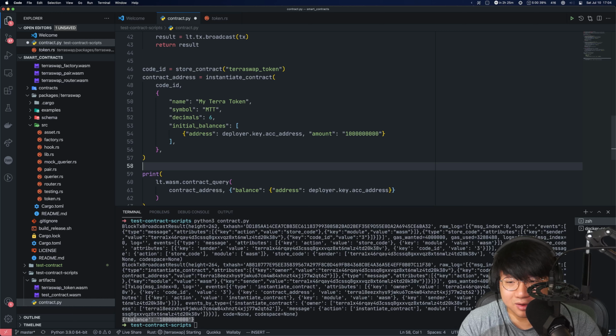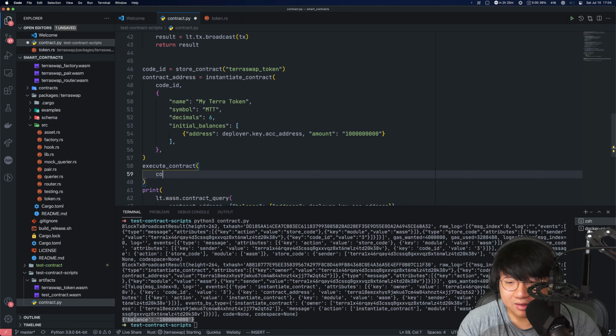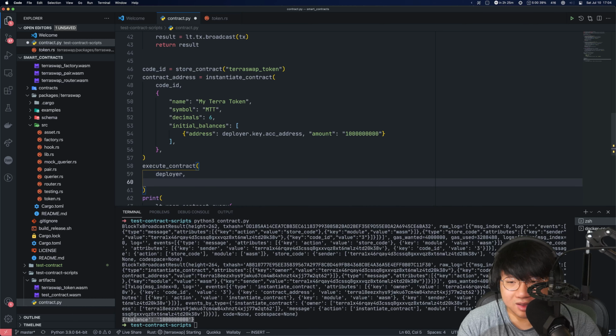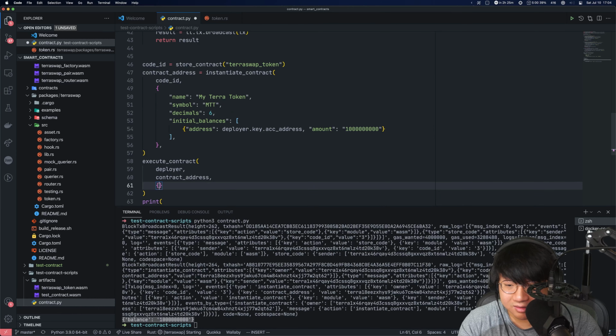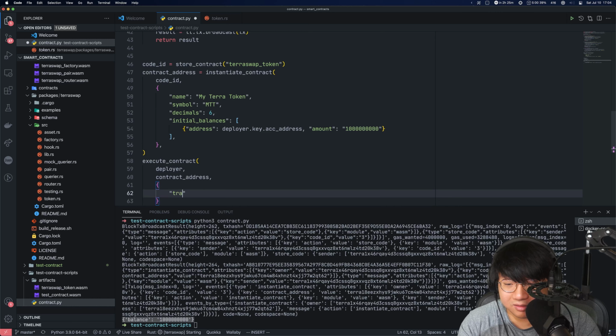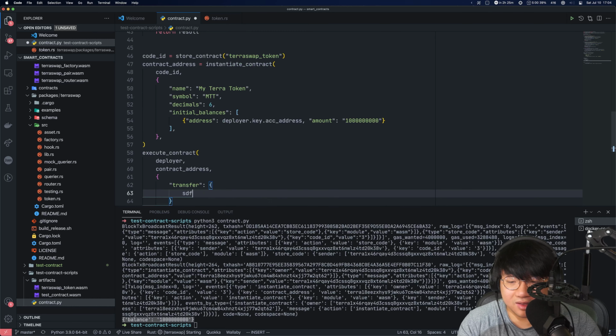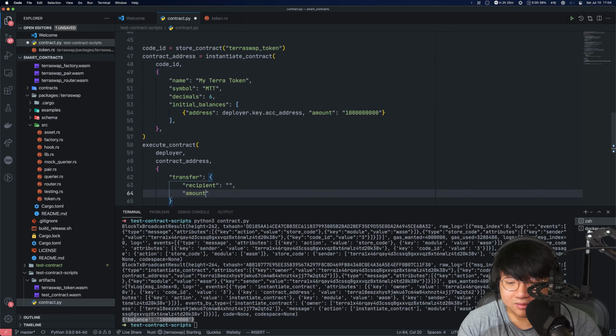So let's execute contract, and we want to execute from the deployer, and we want to execute the contract address, and the execute message is simply transfer, and then the only things we need to supply are the recipient and amount.